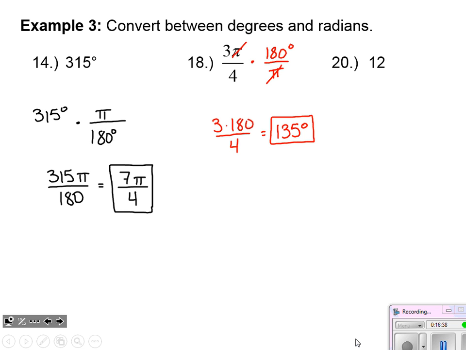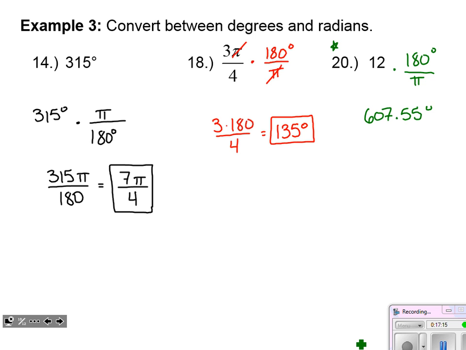And then number 20, here's the case where we have a radian measure, even though it looks like it should be a degree, like somebody just had a typo and left the degree symbol off. But this is technically a radian measure, so just like number 18, I want to multiply that by 180 and divide it by pi, and I'm just going to end up with some decimal. Use the calculator for this. So 12 times 180 divided by, and I'm going to use the pi key, I get 607.55.